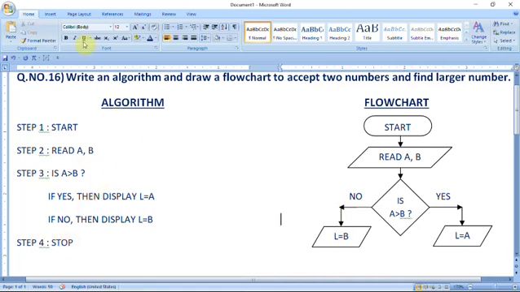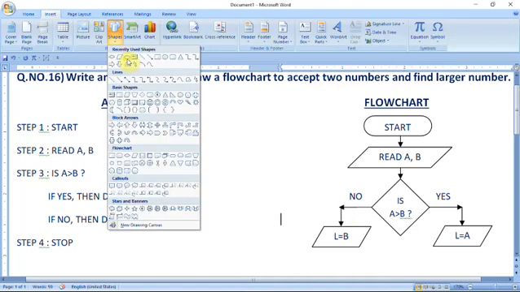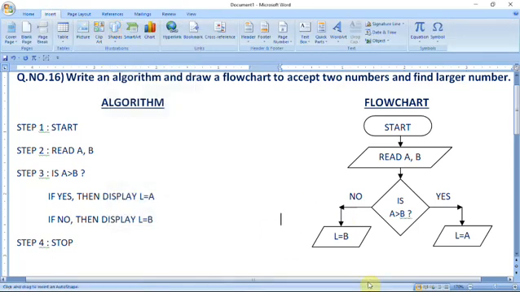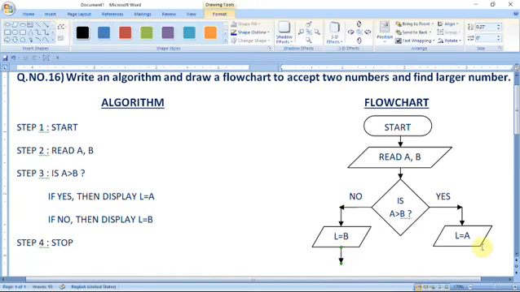At last what to do? We have to stop the algorithm, we have to stop the flowchart using the terminator symbol. But before, this way you have to close.